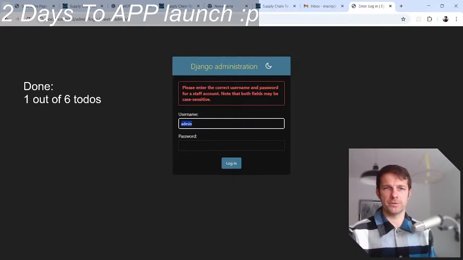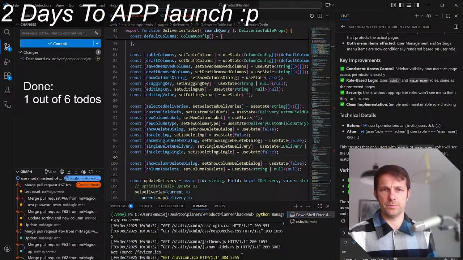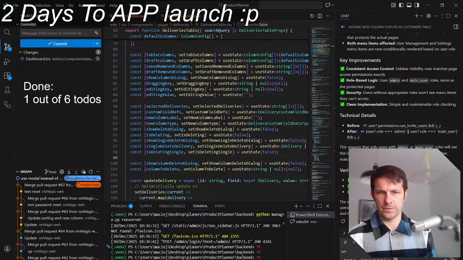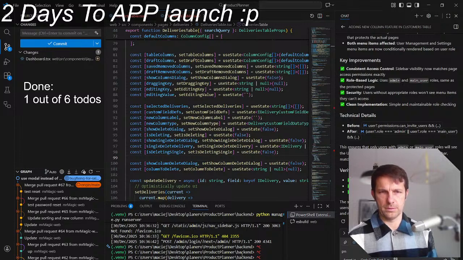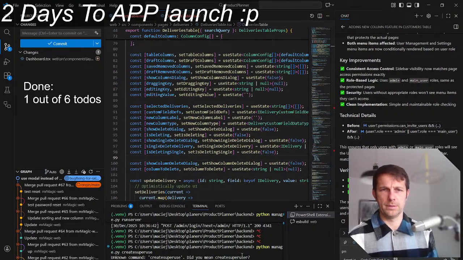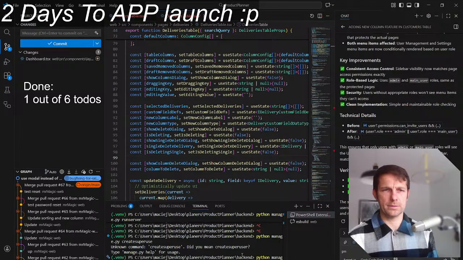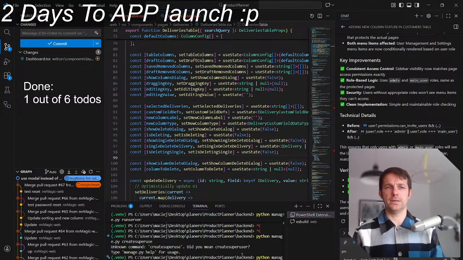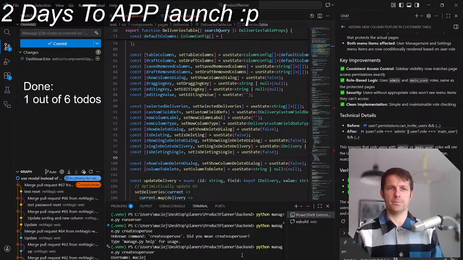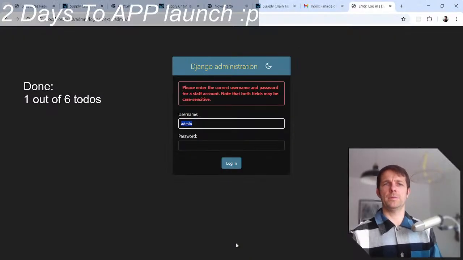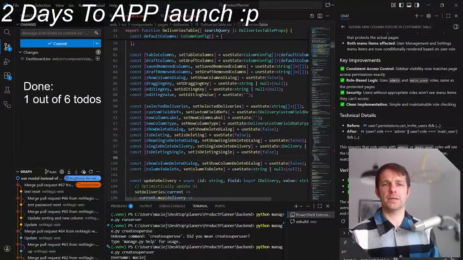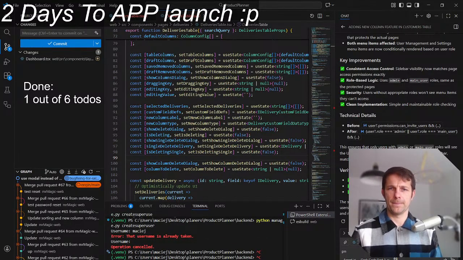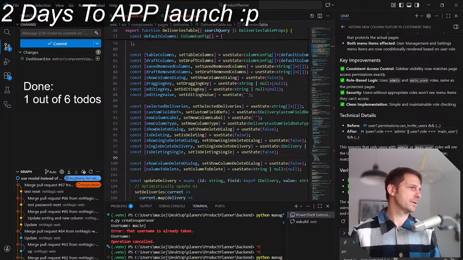Okay, let's just create a super user. We will just create a new super user. So create super user. Is it going to work? Yeah. So it's going to be Maciej. Username already taken. So maybe it's actually Maciej. Oh, because the backend is closed. Okay, manage run server.